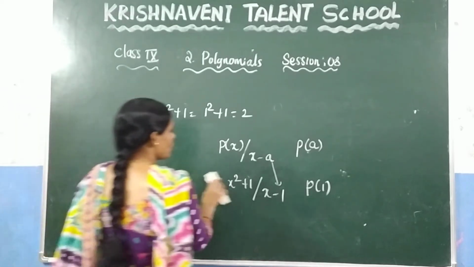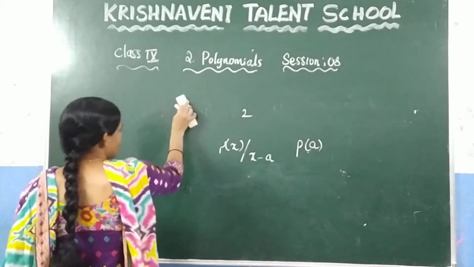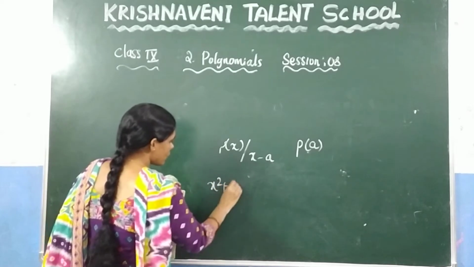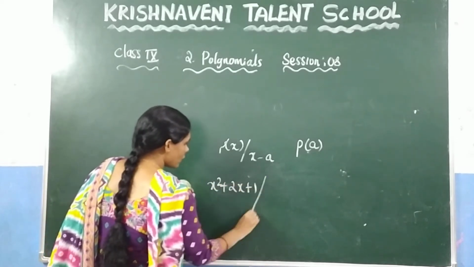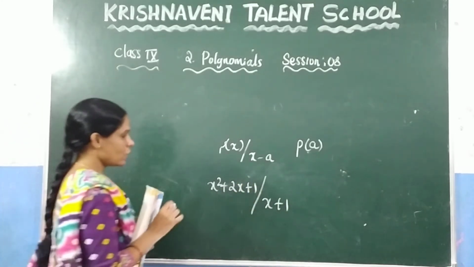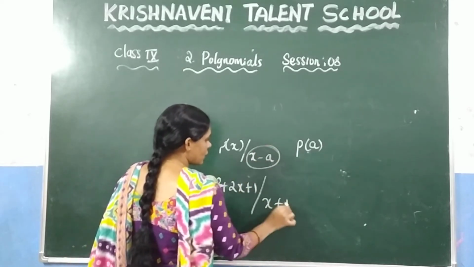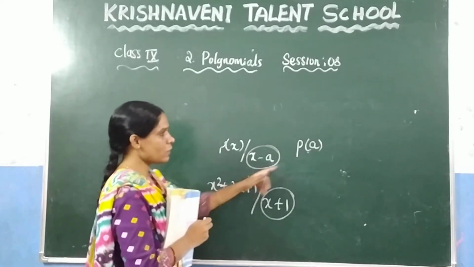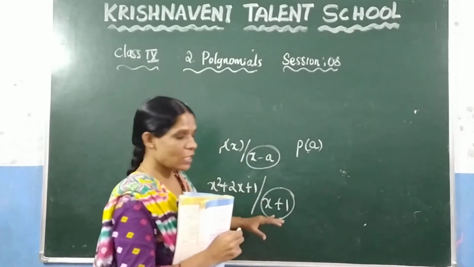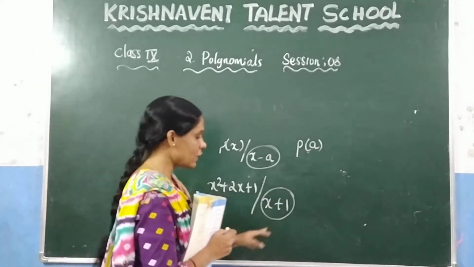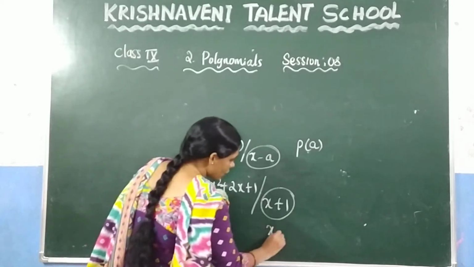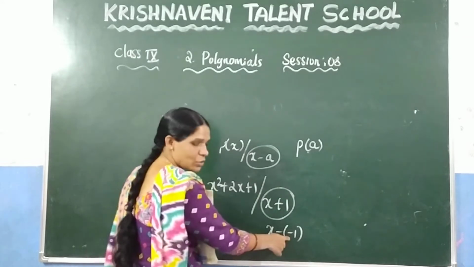Let us take one more example to find the remainder by using the remainder theorem. Here, let us consider x squared plus 2x plus 1. If you want to divide this polynomial by x plus 1 without doing the actual division, how do you find it? Now here, you have to see x minus a, but here x plus 1 is there. The remainder is p of a if the divisor is in the form of x minus a. But here, the divisor is not in that form. You can write this one as x minus of minus 1, because you know that minus into minus is plus.